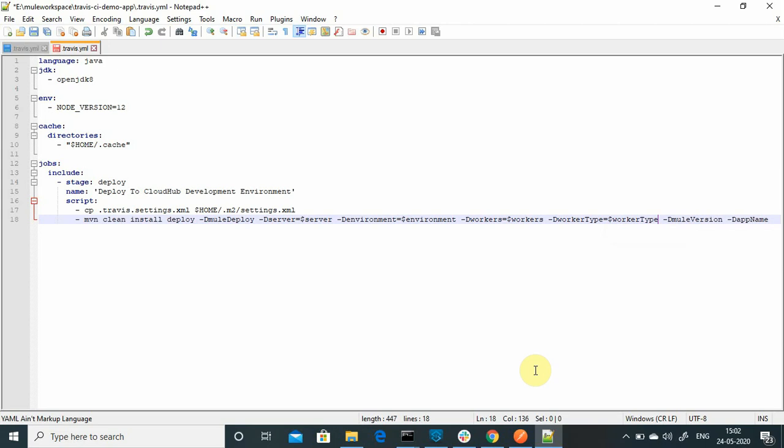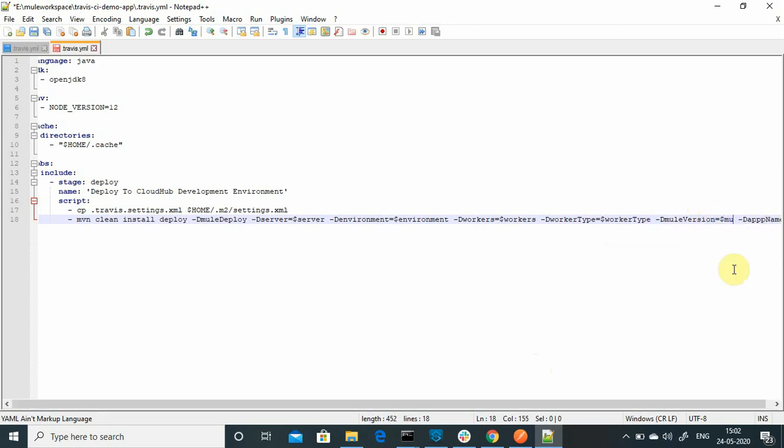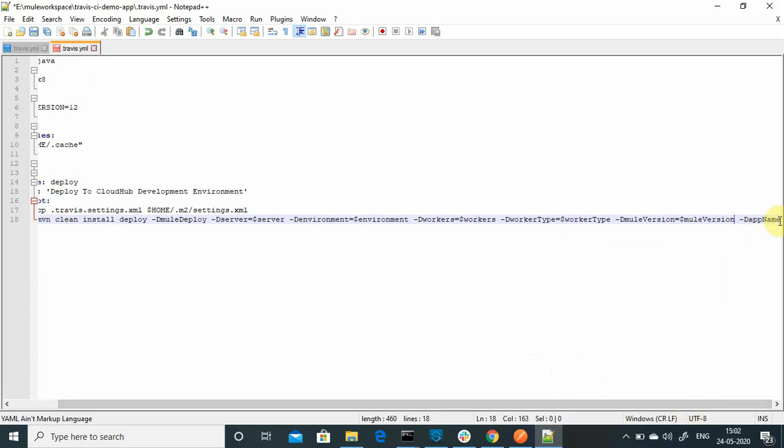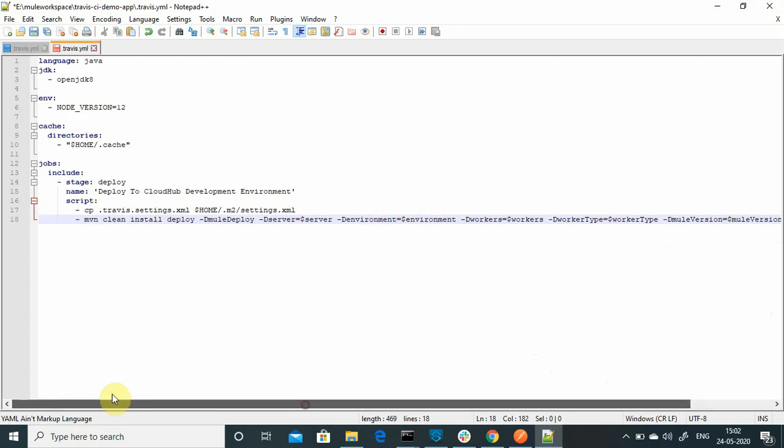Worker type, then say dollar app name. Okay, let me read everything. Spelling mistakes, I don't want it. Worker type, workers, environment, server. Okay, so these are the things we need to do. Now next thing what we have to do,